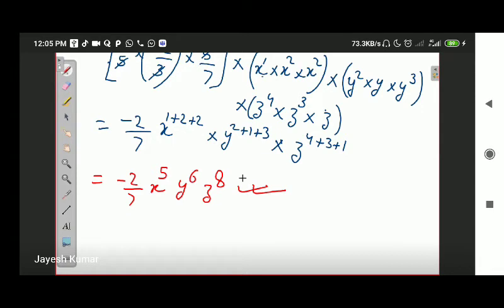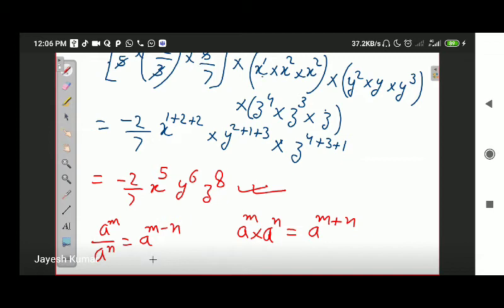So what we have done till now, we have understood how to multiply two numbers, how to multiply two polynomials. We have recalled the identity that we learned in powers and exponents. The identity was: if the base of two numbers is the same and the powers are different and the numbers are being multiplied, then we add the powers. In the same manner, if the base of two numbers is the same and the numbers are being divided, then we subtract the power of the denominator from the power of the numerator. These are the two identities that we are going to use.